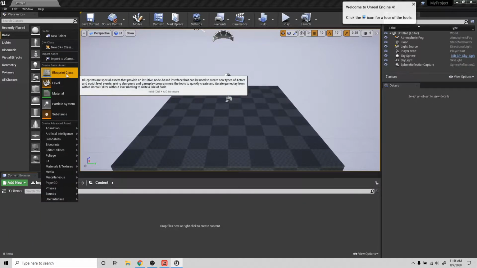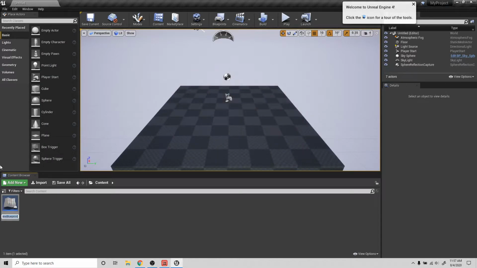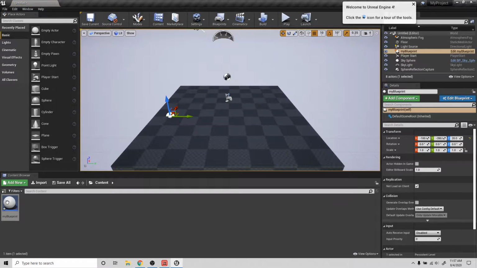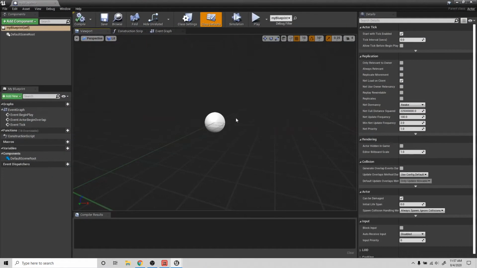To start off, what we're going to do is create a blueprint class. Gonna make it an actor. Let's just call this my blueprint. Drag that into the scene. Double click here. We're gonna get some user inputs. So let's go to class defaults and